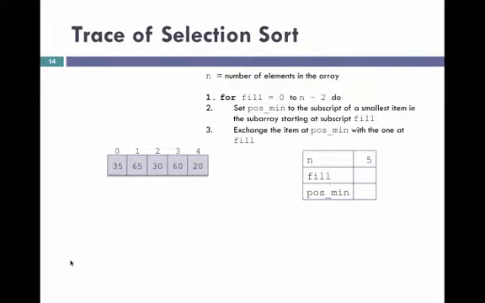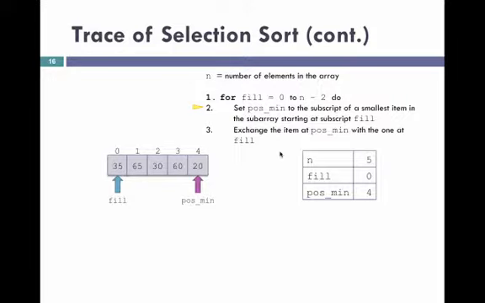Here's a trace of selection sort, where n is the number of elements in the array. We have a for loop that ranges from 0 to n minus 2, and for each iteration we first set pos_min to the subscript of the smallest item in the subarray starting at subscript fill, and we exchange the item at pos_min with the one at fill. So we start out with n equals 5. We set fill to be 0,